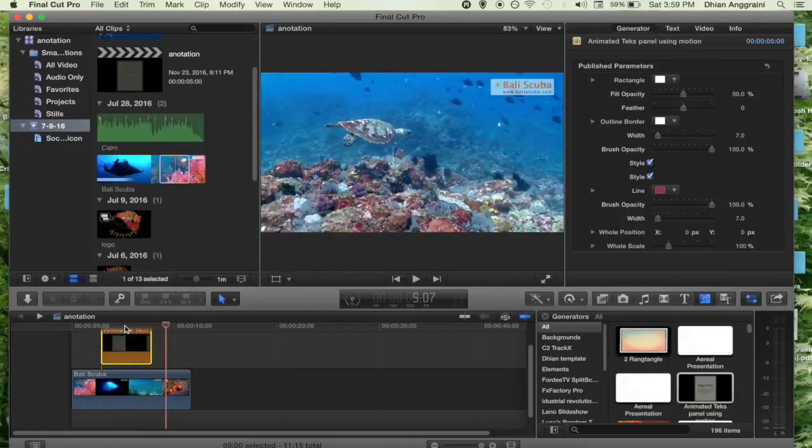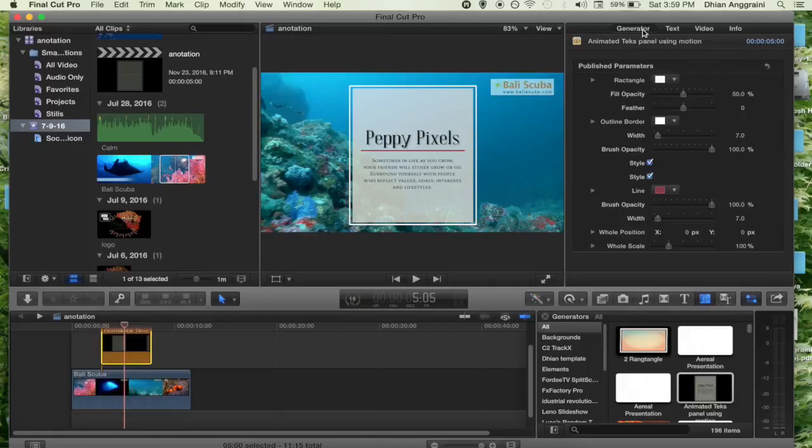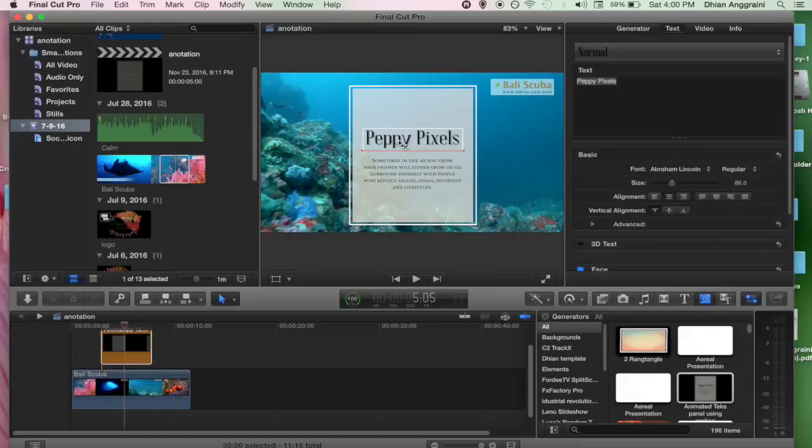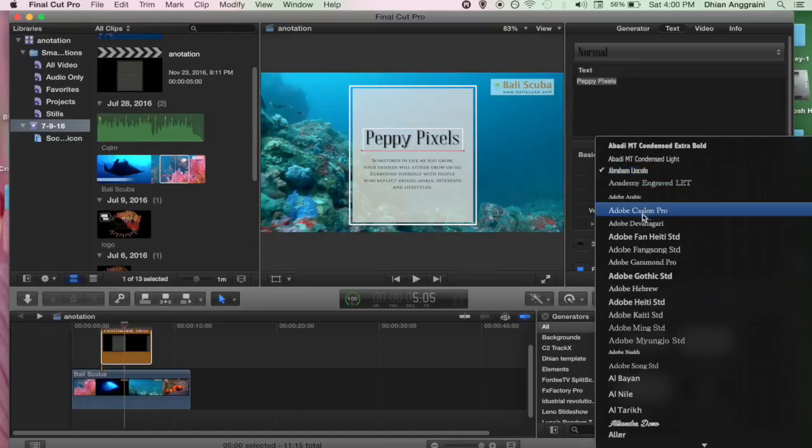If you select the template and then go to the generator menu here, you'll see our parameters that we saved in Motion 5. So everything here, the rectangle color, you can adjust by tweaking around right here. And on text, you can also change the text font color by clicking on text, and the text options will pop up here, and then you can change the color, change the font. All the parameters will be here,